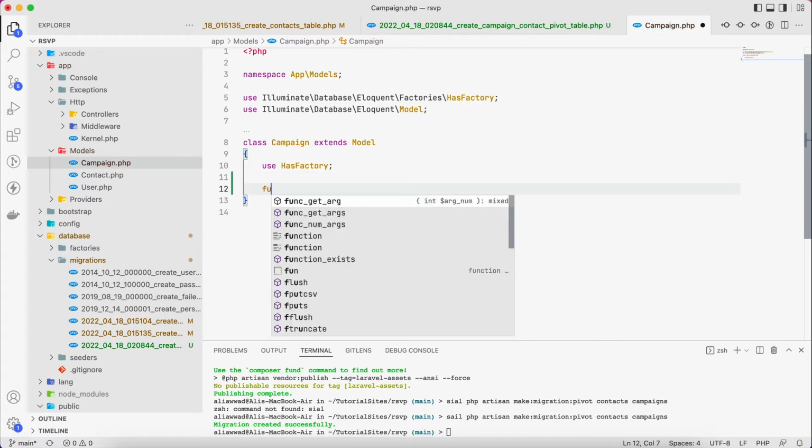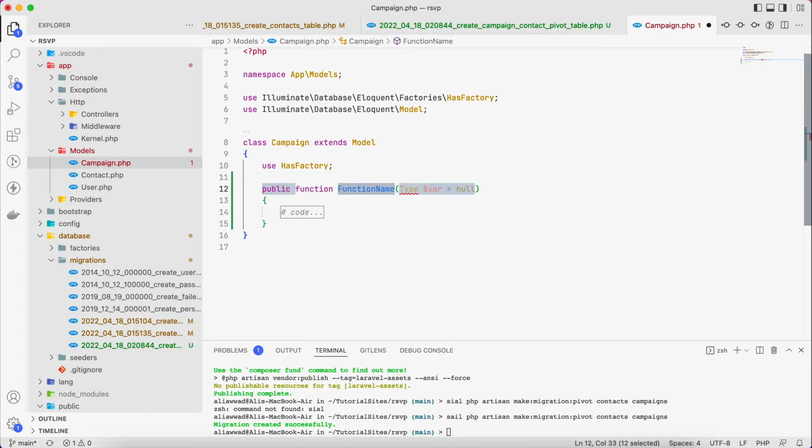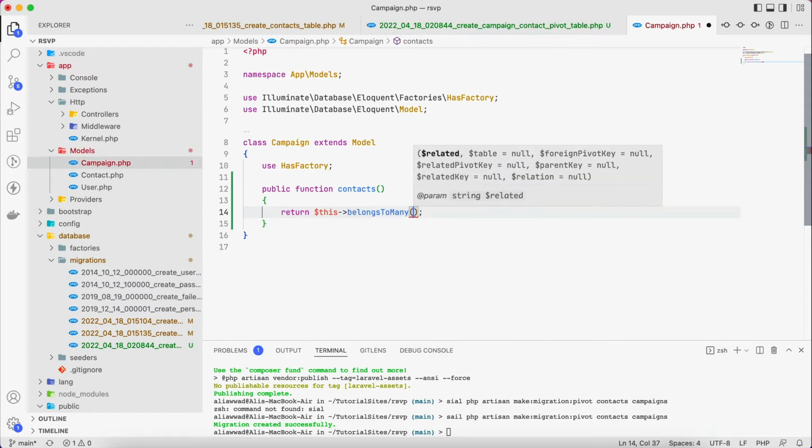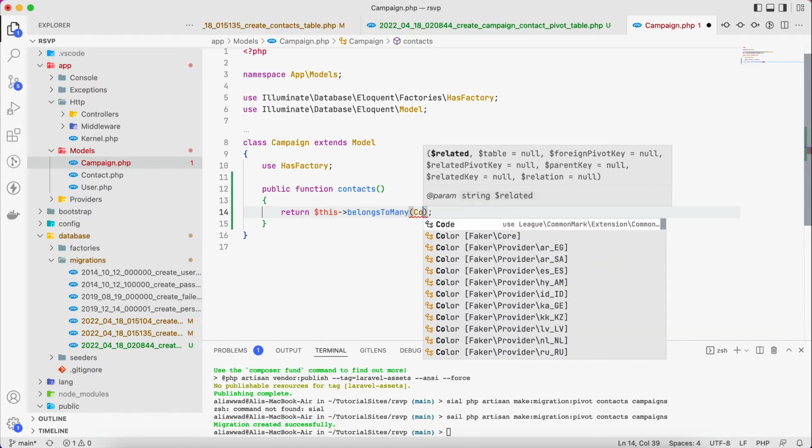Now we should have a method for contacts. So in a campaign, you want all the contacts who have registered for this campaign basically. This will return belongs to many, and you can look in the Laravel documentation to see how we can work with this for more details. But in our case, the related is basically a model, so it's a contact model